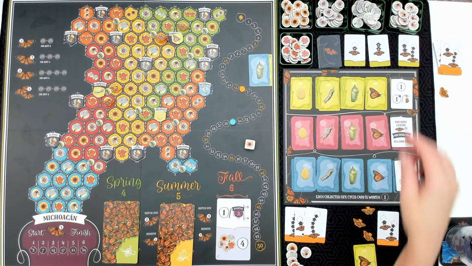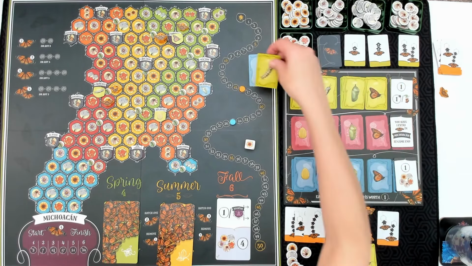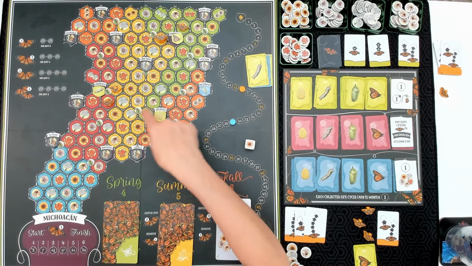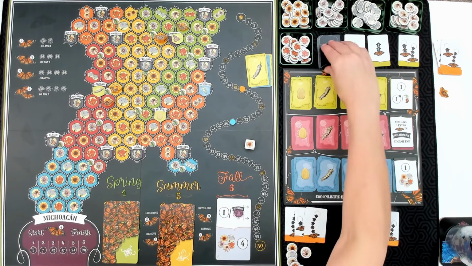oh man, that's almost a whole set. Here we go. Green caterpillar. Caterpillar goes to Smoke. Not me. I am not going to focus on those because there's really no good way for me to get to Atlanta. Okay, so